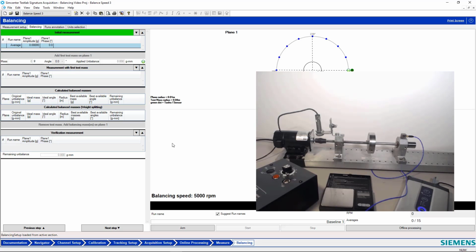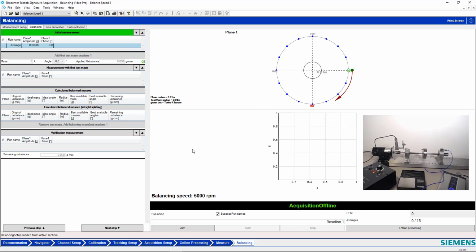We'll just stay in this interface. I'll let you spin the shaft up to 5,000 RPM. How will I know when I'm at 5,000? We can see the RPM here, and when you're at 5,000 RPM, this box will turn green. That's kind of nice.